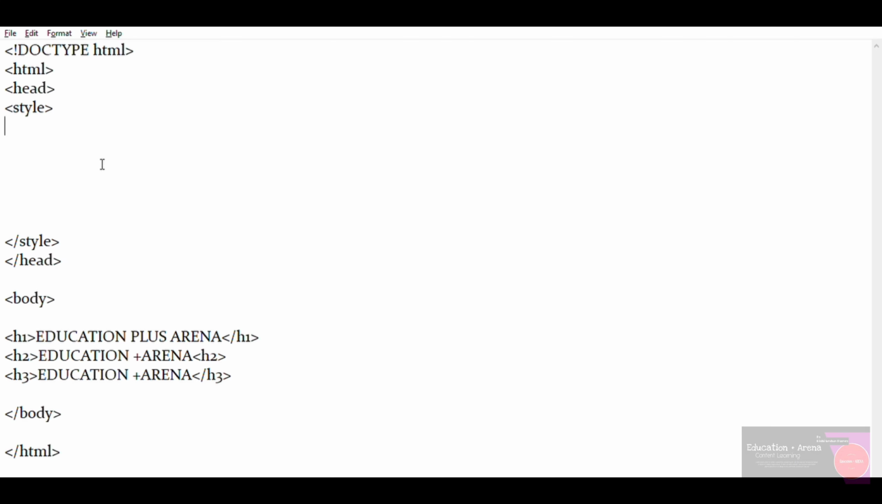So this is our format of HTML: html open, html close, head open, head close, style open and style close. We'll write CSS here. And now body open and body close. I have written three headings. So I'll write CSS for heading 1. So h1